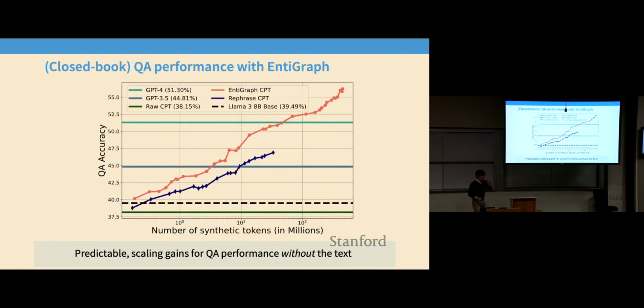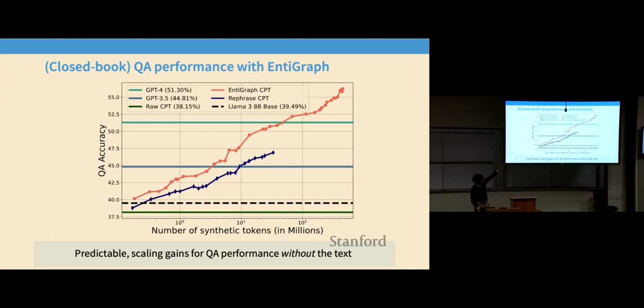This is an approach that my student called Antigraph. This is the salmon colored line in this plot here. It scales much more nicely and more efficiently than just naively rephrasing. And if we just keep scaling to the right, I think this ends at about 600 million tokens, we can pretty handily beat GPT-4 closed book in doing QA. So that's actually quite nice. And I think we can hopefully continue to scale with additional token inputs.